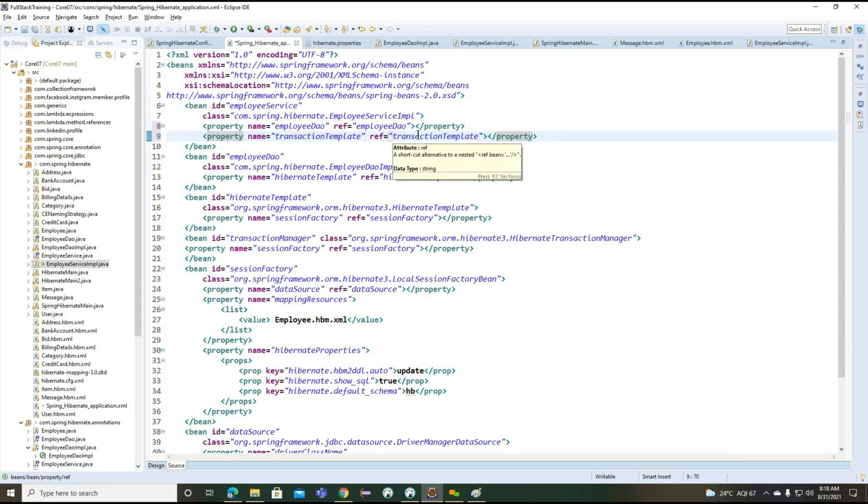Okay, transaction template. But where can we create this particular transaction template? Internally, for making the reference, we can go for it internally also.